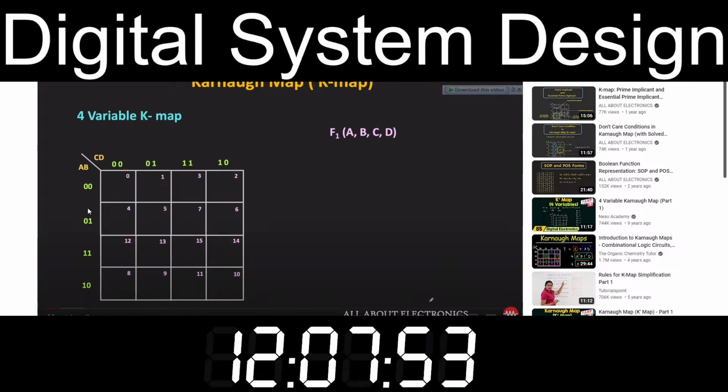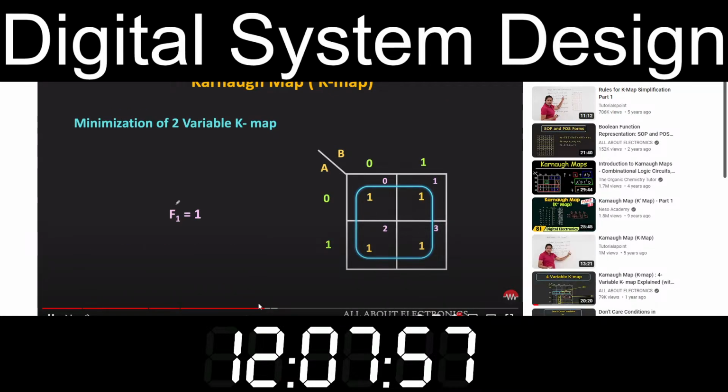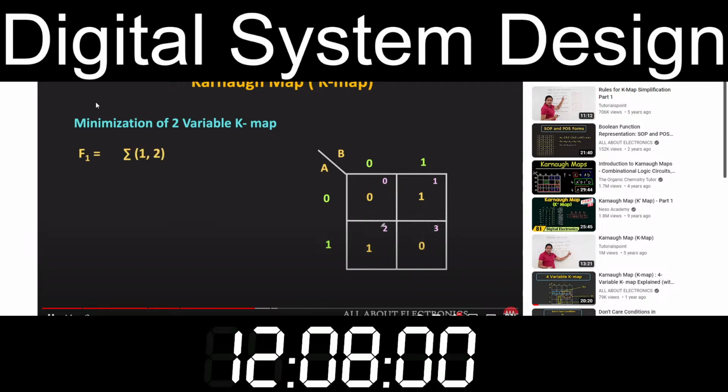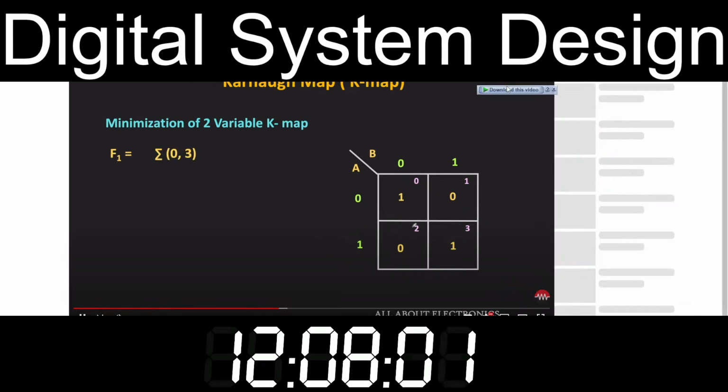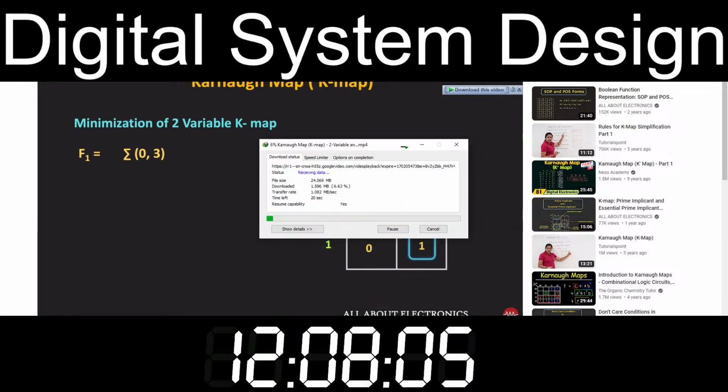So here the binary number, the output is equal to 1 because in this case, just consider these two ones alone. So the first cell represents A bar